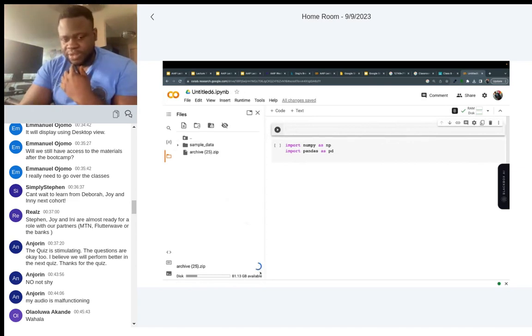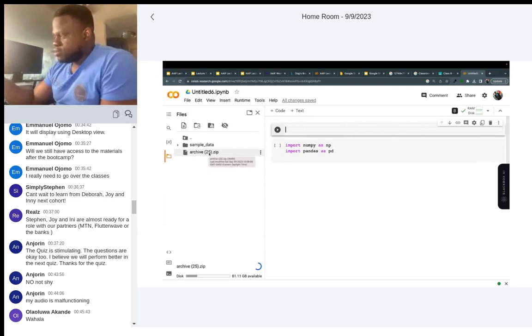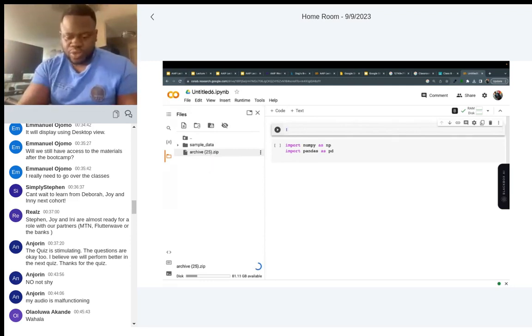Oh, it's still downloading. Okay. We have imported our data as a zip file. I told you it's best. First thing is what we need to unzip, the archive. In my practice, I've not been doing this actually.